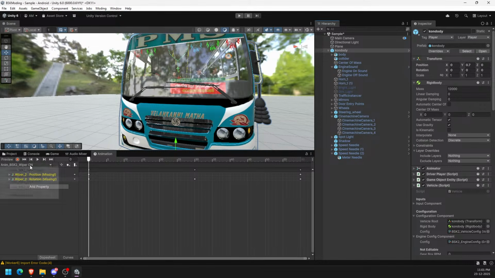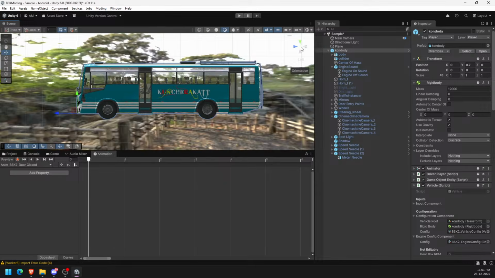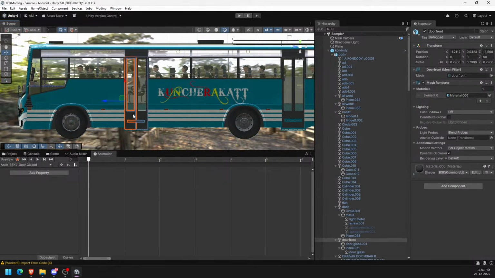If you select this object and select over here, you can see door closed, open, wiper off, and wiper on animation listed over here. So now let's go to door closed, and this warning is basically for KSRTC because we deleted those doors. So let's remove it and go to side view, select this door, enable this record button, and in our case